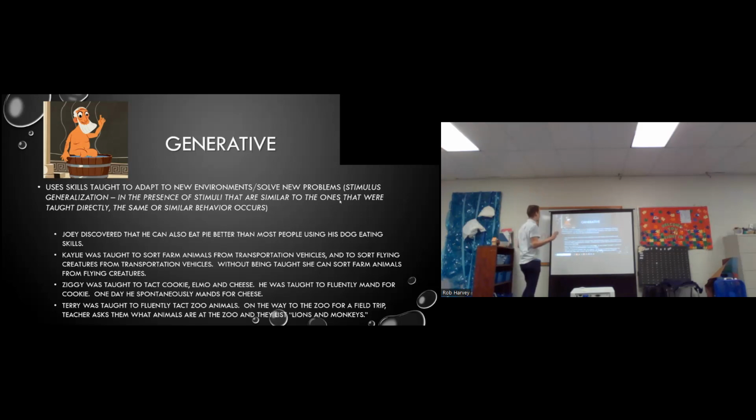A better example in my head would be if I fluently teach Lindsay to tact a bunch of her favorite things, and then I teach her to mand for one of those things. So I teach her to mand for cookie, right? And she's fluently able to do that. And then all of a sudden she starts manding for apple and SpongeBob and blanket and all the things that she likes, or even one of those things. That's the real cherry generative stuff, right? We're like, oh my God, we got freebies, okay?